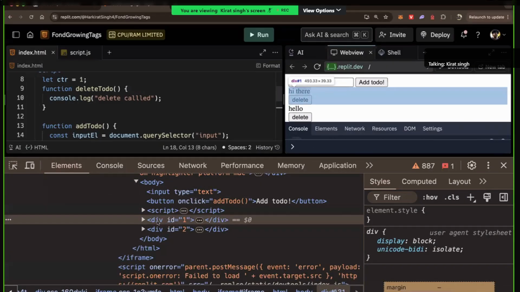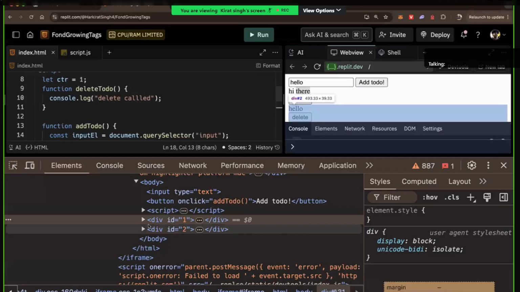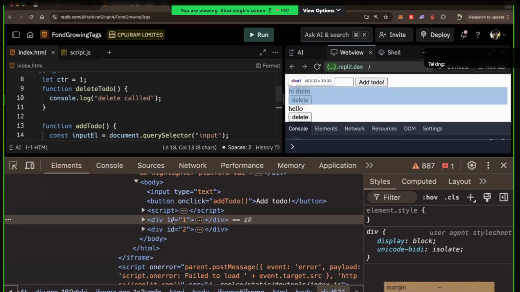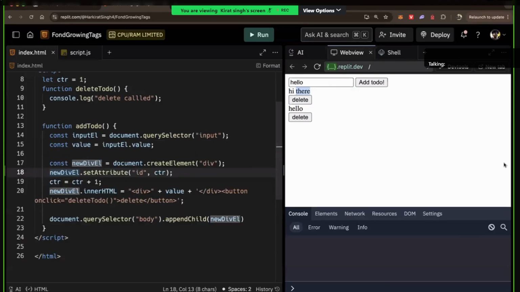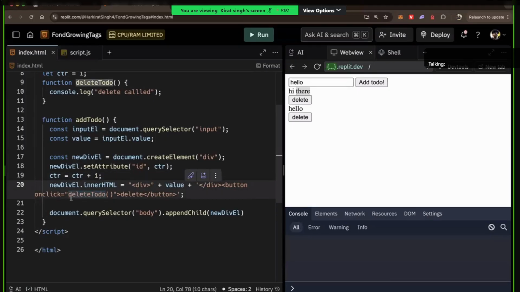The parent div has an ID equal to 1. The second div has an ID equal to 2. Where is this ID coming from on both of these divs? The ID is coming from this set attribute that I call. Whenever I'm creating a new div element, I'm going to give it an ID of 1, 2, 3, 4 like that. Why am I doing that? So that whenever I call delete to do,